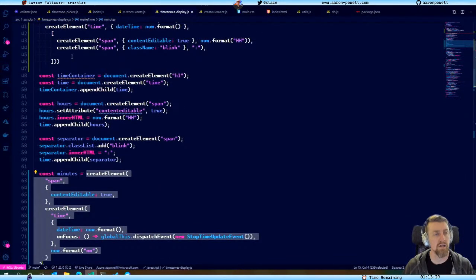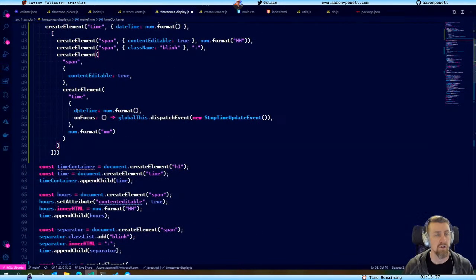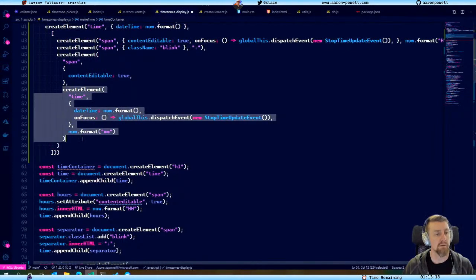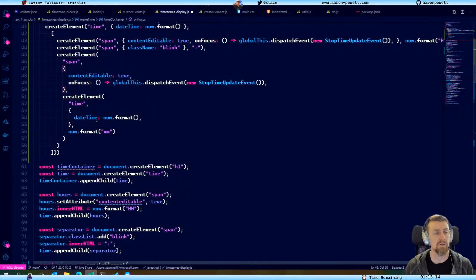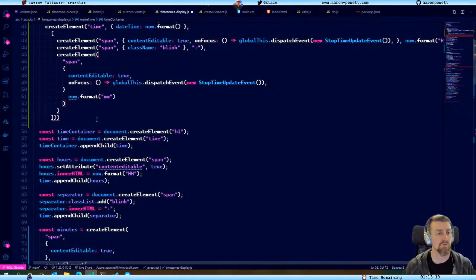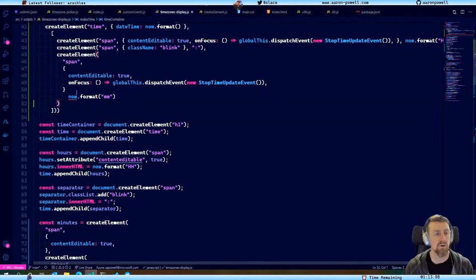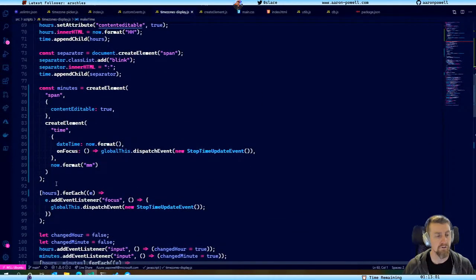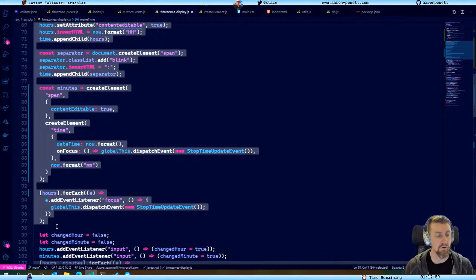Which is that one, minute. I'm going to grab that on focus, chuck it up on here. That time element should be there. Actually, yeah, that should be on that. Then that time element should be gone. We should get rid of that. We need a comma there. Awesome. And then I can get rid of all of that code,